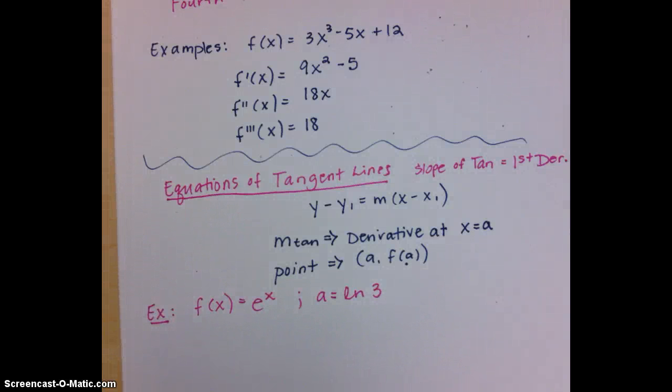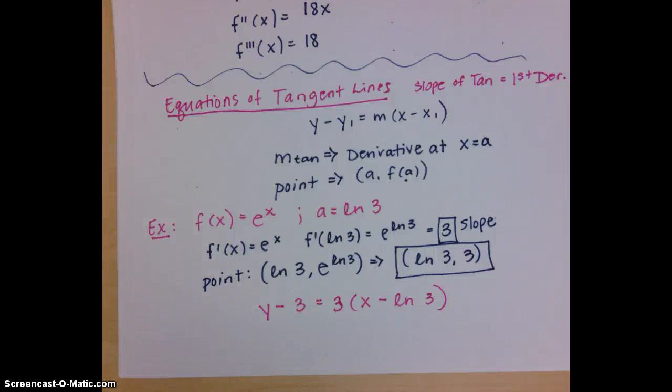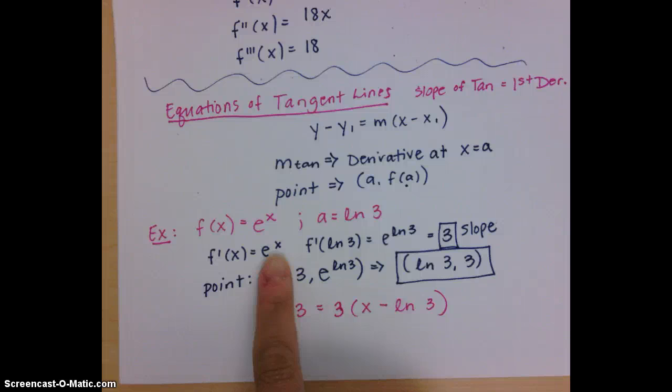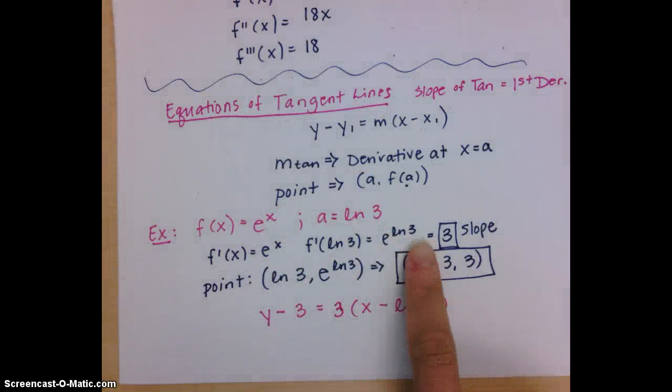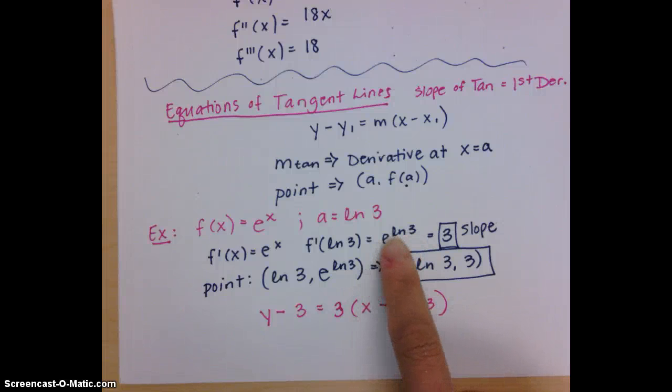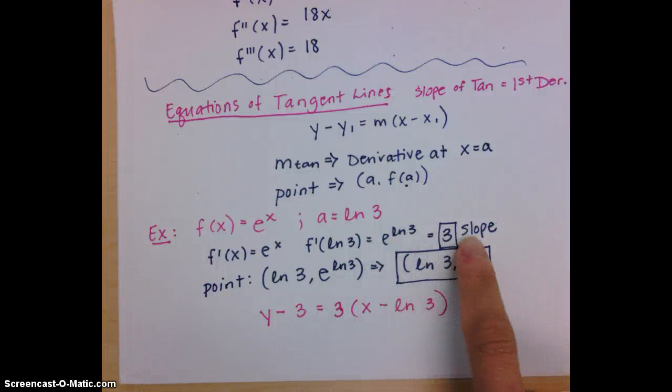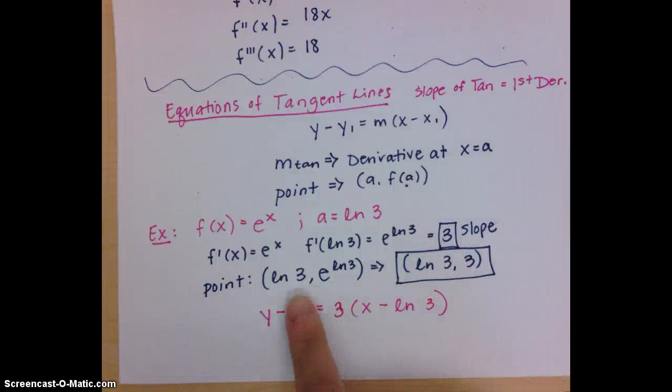We'll pause and we'll show the answer. Let's finish this example off by taking a look at the derivative of the function, which would be e to the x, evaluate it at natural log of 3, and hopefully you remember the property here that the e and the natural log cancel out, giving us a slope of 3. The point's x value is natural log of 3,